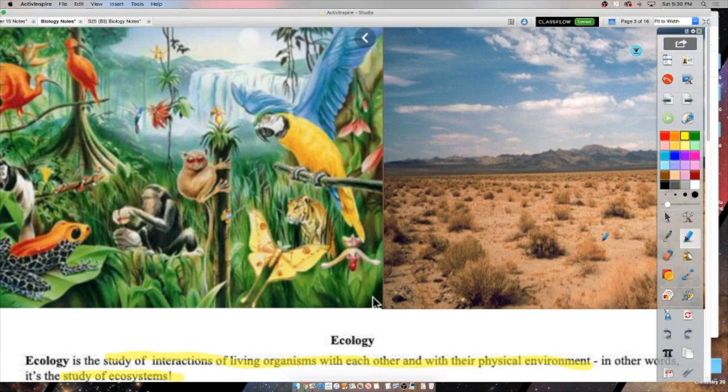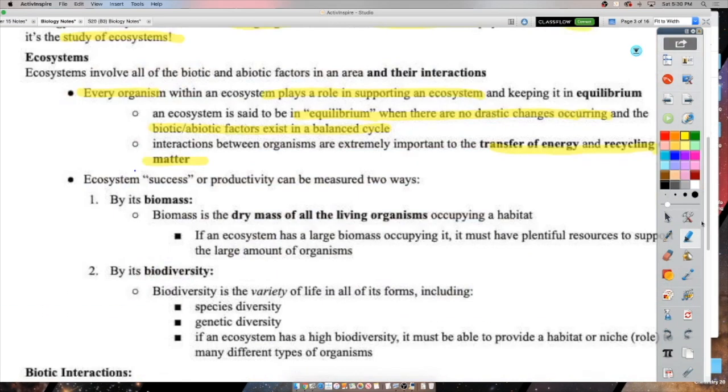Looking at a desert, there's life there, right? These little shrubs and stuff, but you can definitely tell that this environment doesn't support life as well as this one. So there are two ways that we define the success of an ecosystem. Now, the first is just by biomass, okay? Mass, remember from physics, just means how much of the stuff there is, right? So biomass is just the dry mass of all the living organisms. It's really just saying how much living stuff is there. Add up all the living stuff.